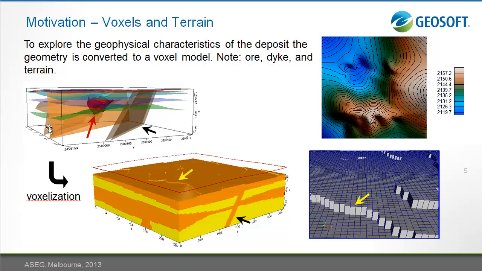You can see that that process has been undertaken here, and I've taken this deposit model and turned it into this voxel model here, and you can see this rhyolite dike on the edge here, and you can see that the terrain, which is the important point for this discussion, is now represented